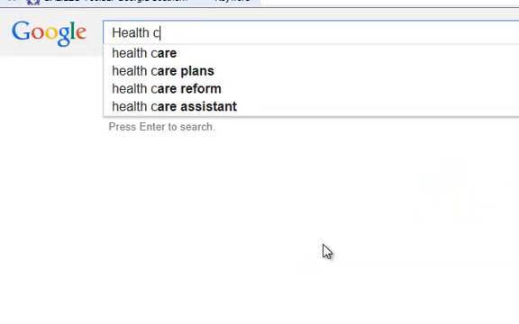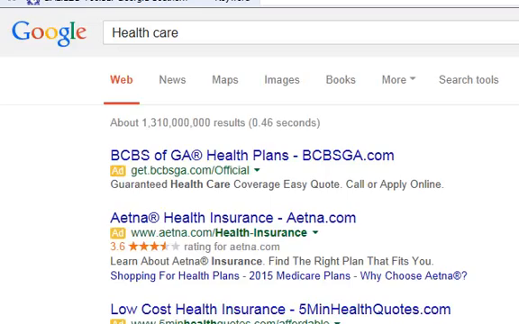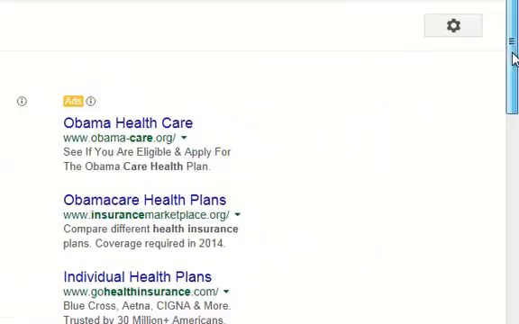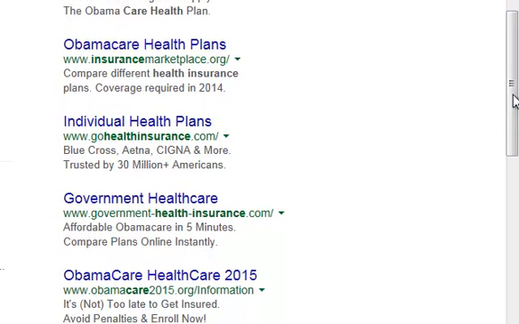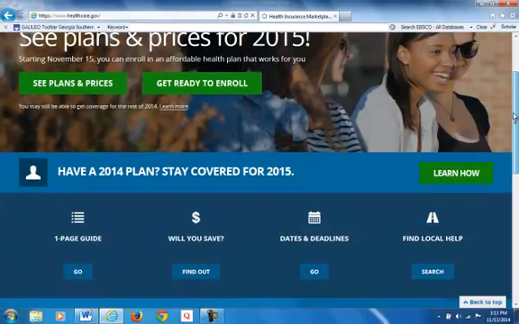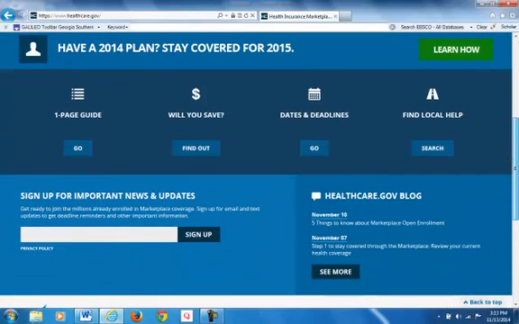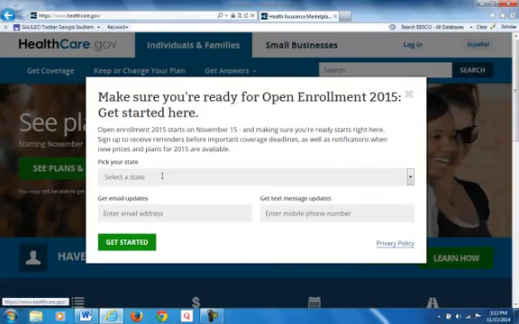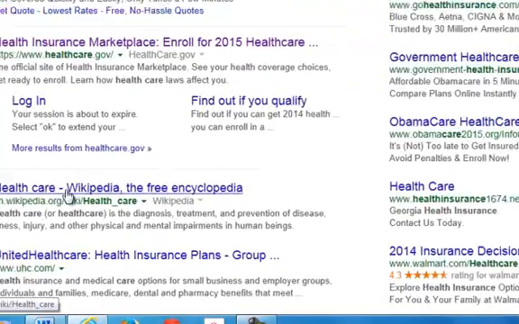Alright, so then once I got to Google, I would type in healthcare and skip all these ads, and I'd click on the first one that says healthcare insurance marketplace, and this one doesn't look like it has any information on it, so probably gonna get out of there. And then I'd probably go to Wikipedia